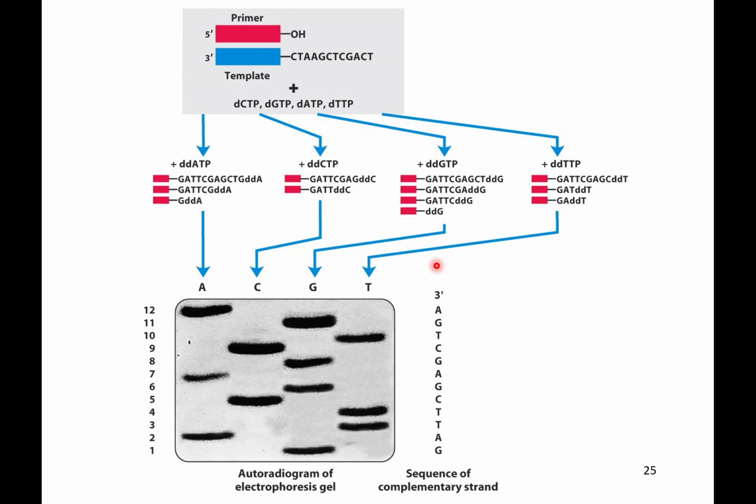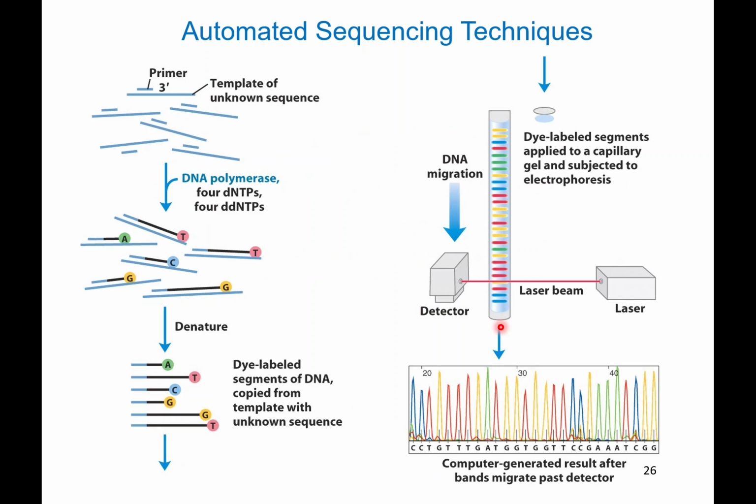Okay, so you could read the sequence if you're doing it in the 3' to 5' direction, right? The first base here would be A, second base would be G, T, C, and so forth. Okay, so that's sort of an older method of doing it. Right, more recently, again, you use the same technique where you have a template and a primer, and you have